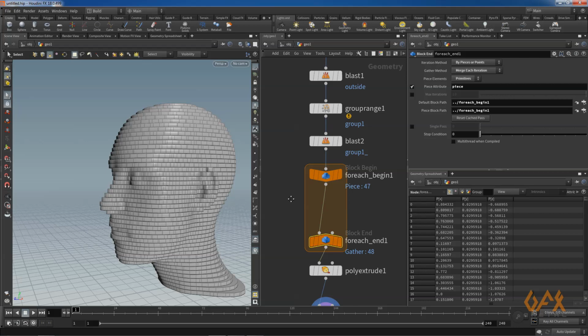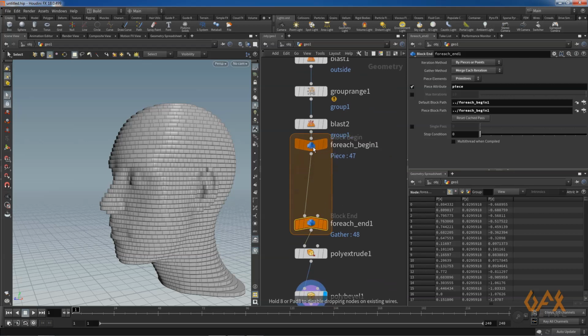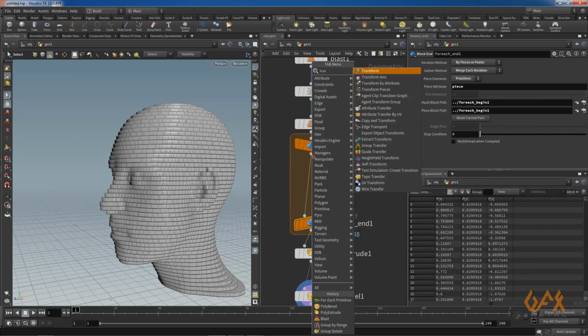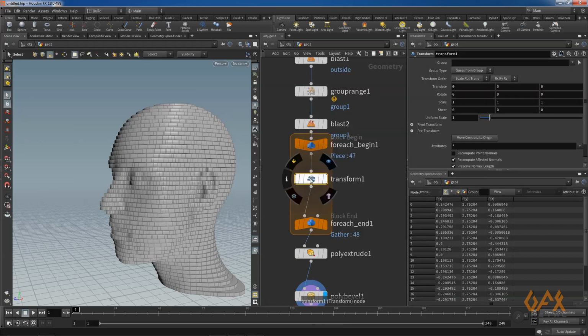So now what I need to do over here, I just apply one transform. Right now what it did, it applied transform in each and every primitive, like piece.